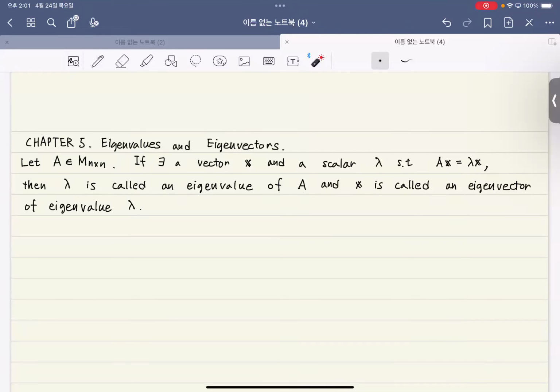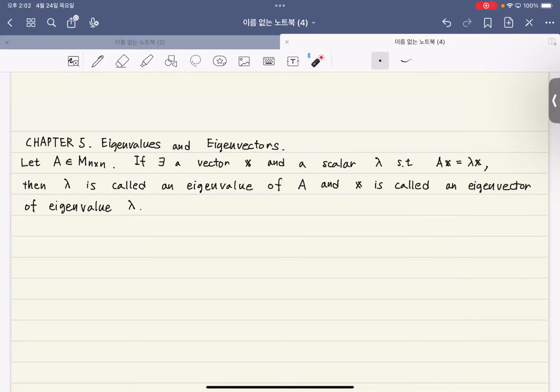We say that x is an eigenvector and lambda is an eigenvalue. And our convention is we usually require x to be a non-zero vector, because if x is a zero vector, then everything becomes so obvious. So